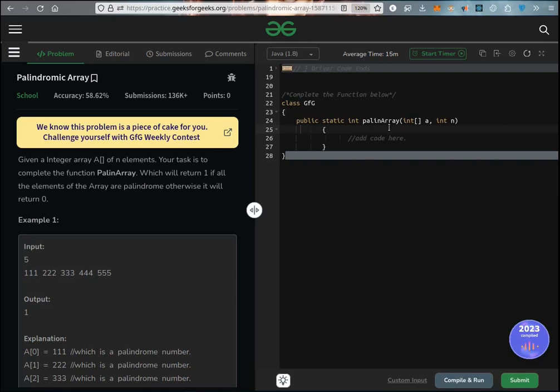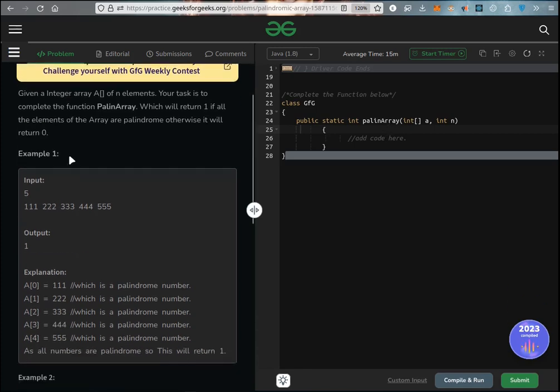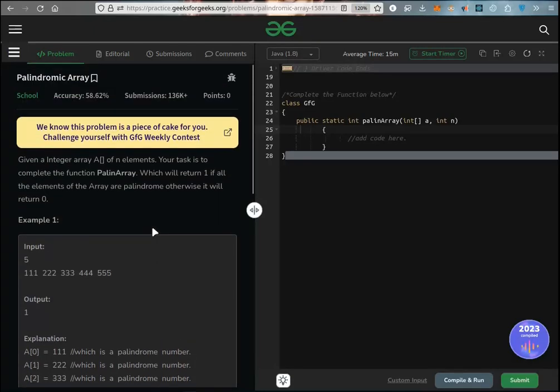Hello everyone and welcome back again to yet another problem from Geeks for Geeks. It says palindromic array. Let me maximize it a bit, and